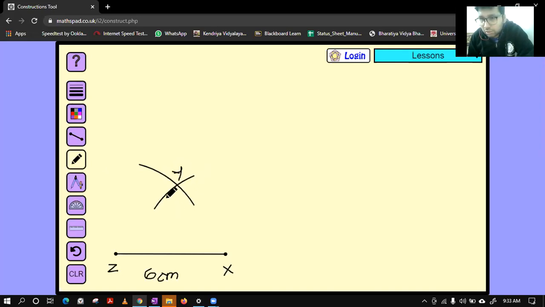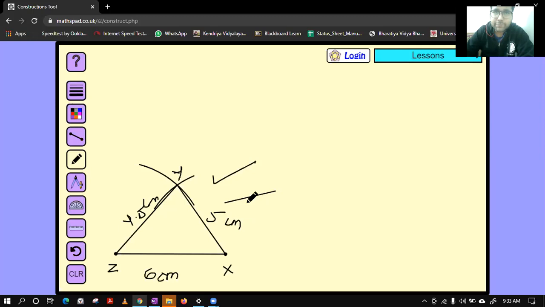Now we are done. Okay, Kavish. So now you can just join the remaining like this and like this. And if you measure using your scale, there will be a little bit disturbance of 0.1 or 0.2, but it would be fine. Okay, this is the required triangle. I hope this is clear to everyone. Please confirm. So we just drew one base that is 6 centimeter. After that, we have taken two arcs to get the third point. This is 4.5 centimeter and this is 5 centimeter. This was very easy.